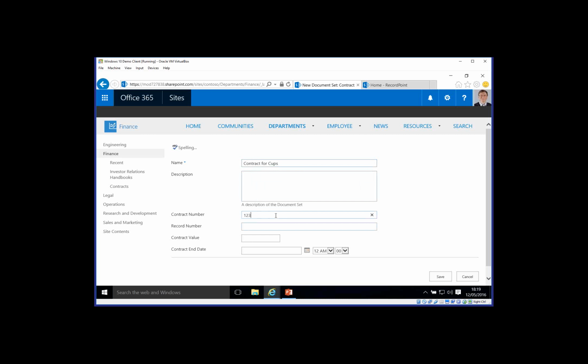The contract number I know, so I'm going to enter that in. The record number I don't know about, and for the purpose of this demonstration I've got it shown there, but I'm actually not going to bother entering in a record number because I don't know what that is, because I'm taking on the persona of someone who's not record savvy. I do know what the contract value is for these cups, and we have a lot of cups in our organization. So it's around $2 million